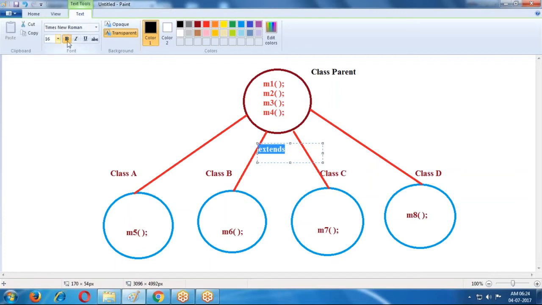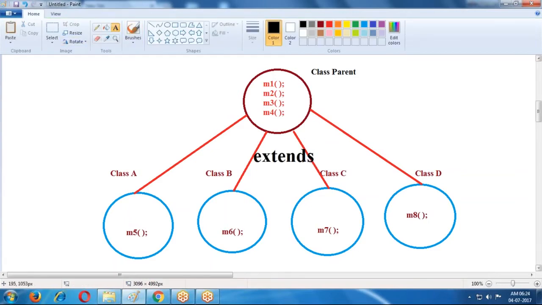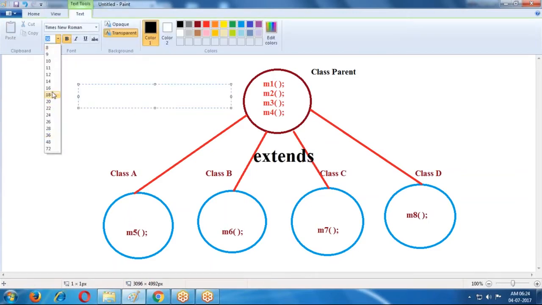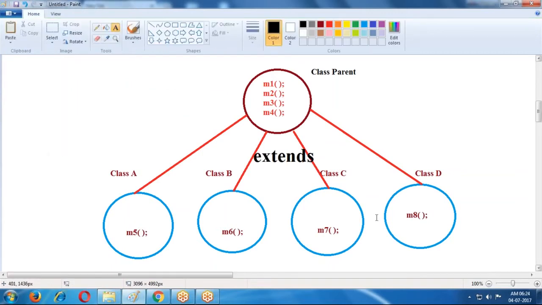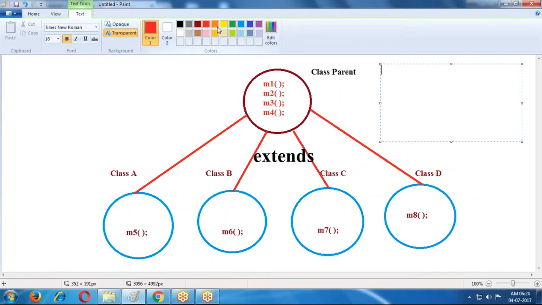By using the extends keyword, we reuse that existing code in the child classes. We created the parent to child relation, and we use the same code in multiple places. This already existing class is called the parent class, or base class, or super class.